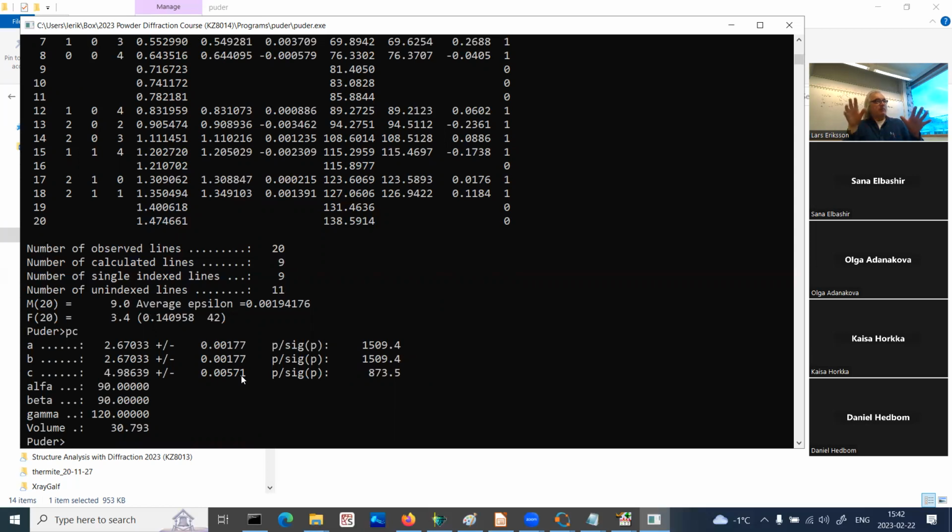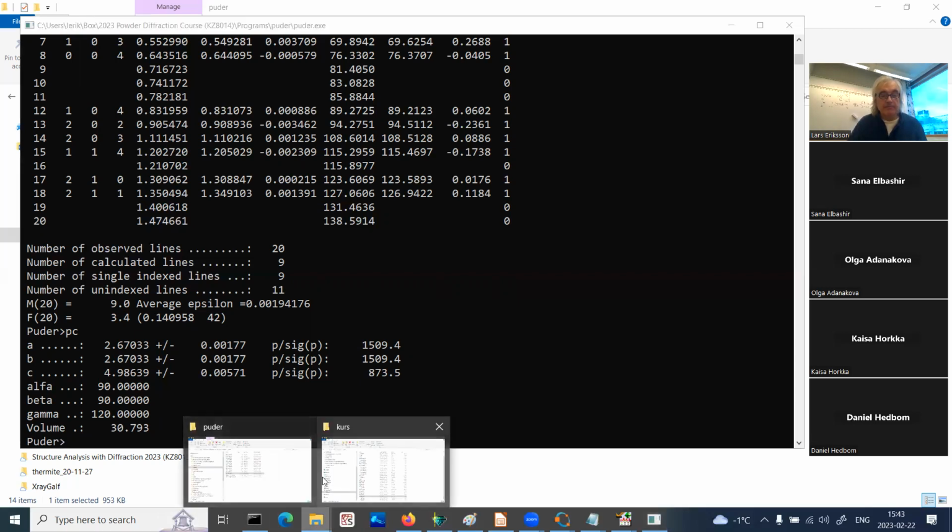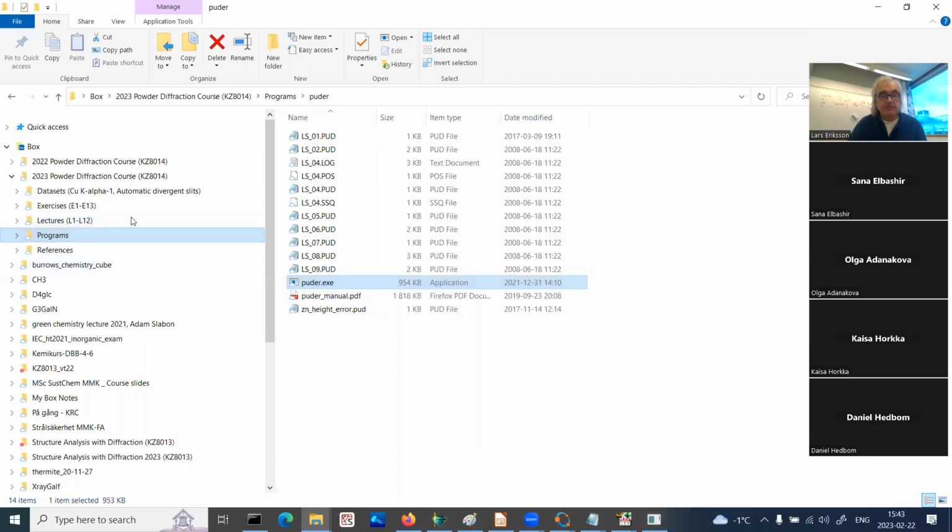I mean, you have problems with various things: computers, command line terminal, editors, Treor. I dare not say that anyone has problems with DICVOL, but if you want to create an input file with DICVOL, then perhaps one should go to